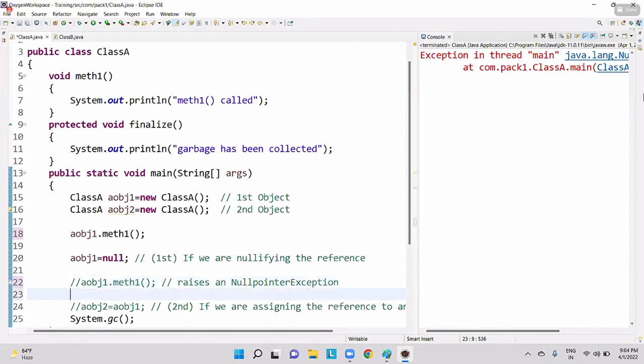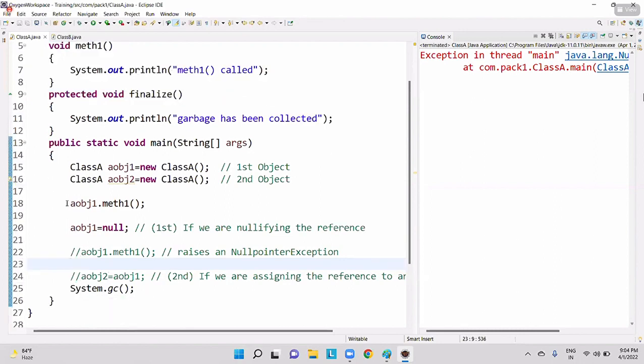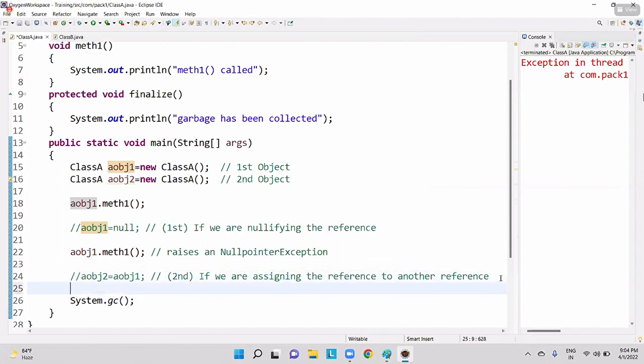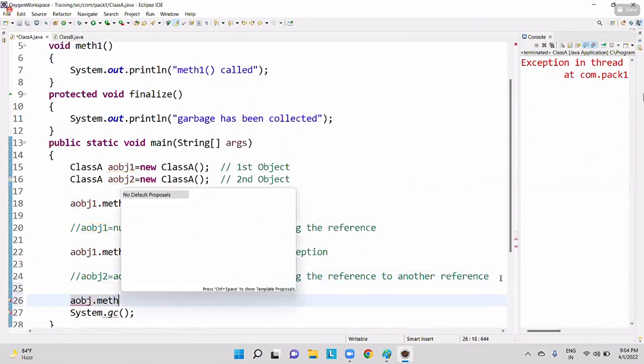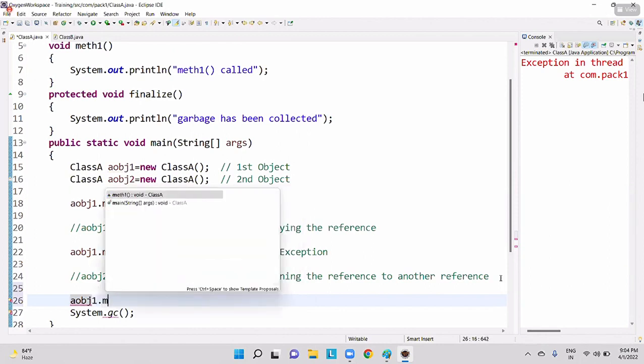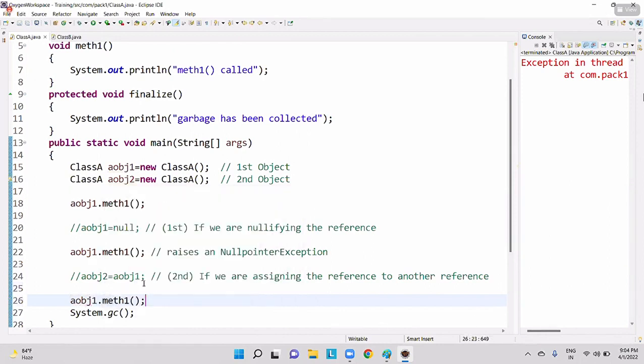Okay. Now, for example, guys, my question is, for example, I'll do one thing. Let me remove this from the comment. And here, right now, if I'm trying to write aobj1 dot method one, now tell me, am I going to get my output here?